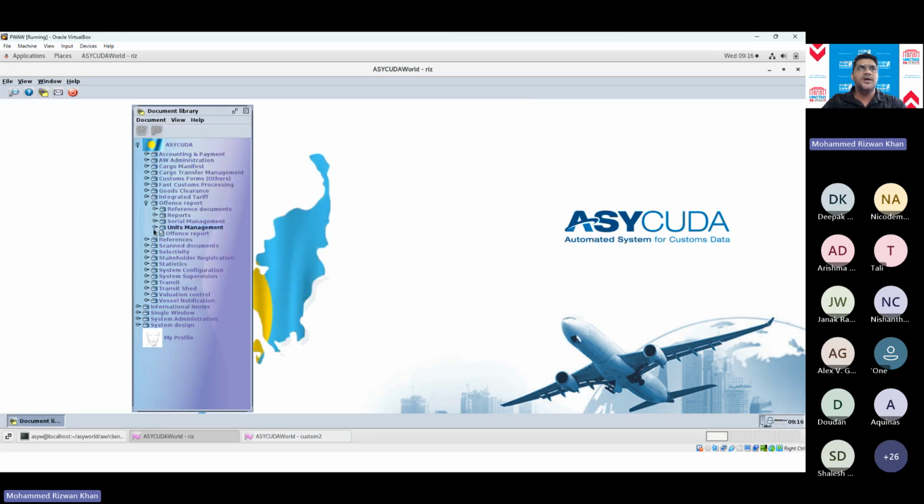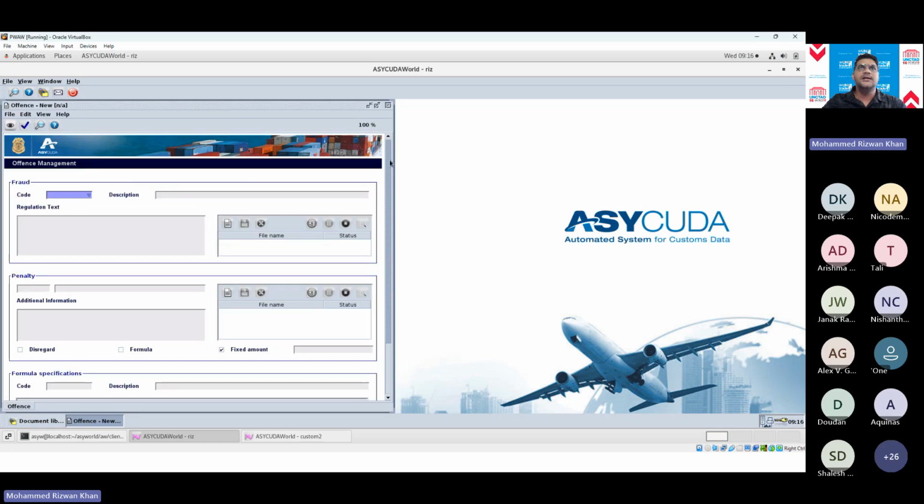And then the next important part is the offense itself. This is where you will put the different types of offenses. You have your own regulations, your own customs acts. Based on those regulations and acts, you will create these offenses. So you have, like, section 125, which talks about incorrect valuation, or another section that talks about smuggling.